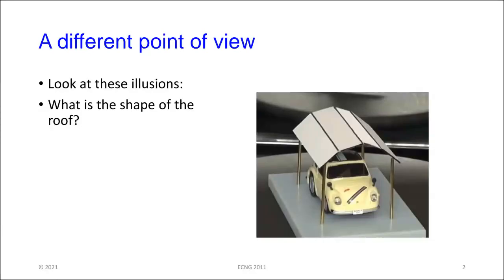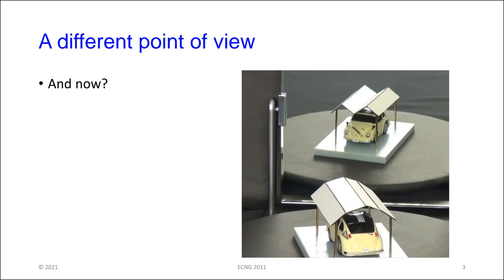Right, so here we are, looking at a model car in a garage, and the roof of the garage looks fairly conventional, a convex, tent-shaped roof. If I were to ask you what is the shape of the roof, that would be what you would most likely tell me. However, if I put a mirror behind the car,